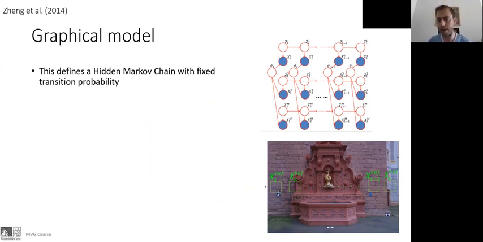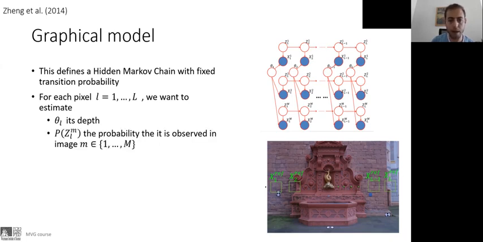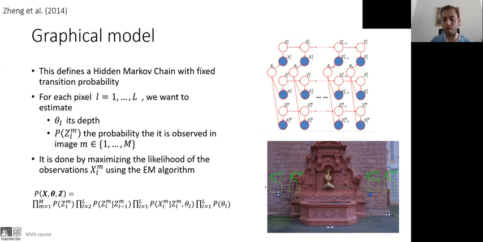But here they find it useful for solving this problem of estimating both the probability that each pixel is observed in each source image. So for each pixel on this line, among capital L pixels, we want to estimate the depth of this pixel and the probability that it is observed in each source image. And this is done by maximizing the likelihood of the observations using this